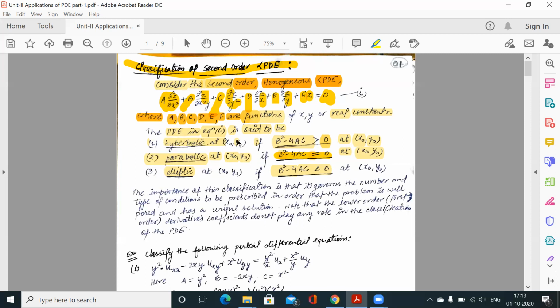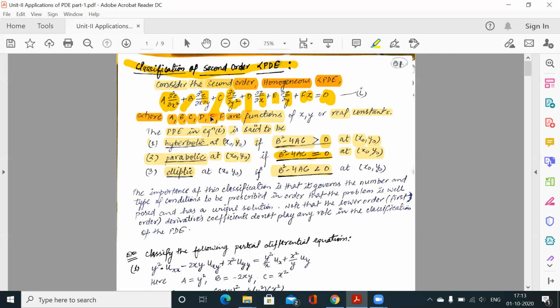So we don't need to take the burden about that, because if the question is to classify this PDE or what type of PDE this is, then there is no point. We only have to calculate whether it is constant or in terms of x, y. Based on that only we have to decide whether it is hyperbolic, parabolic, or elliptic.